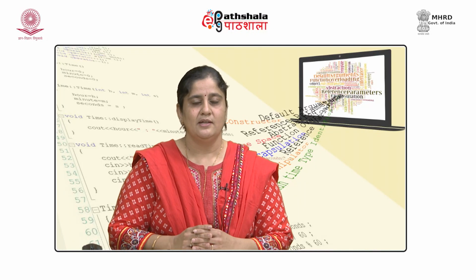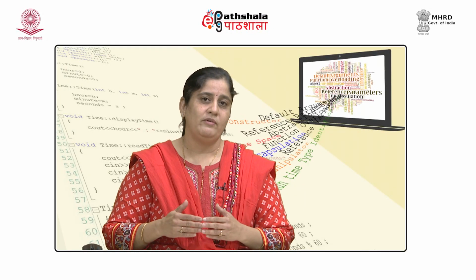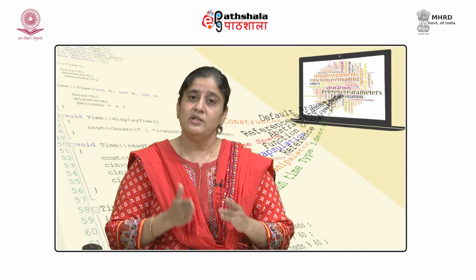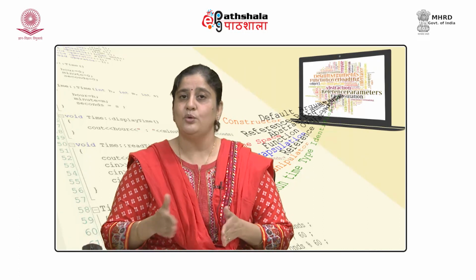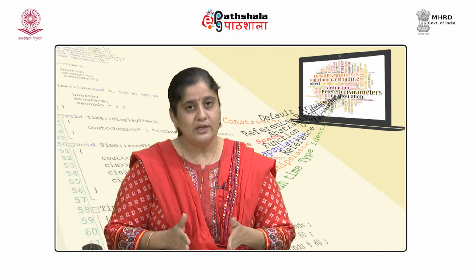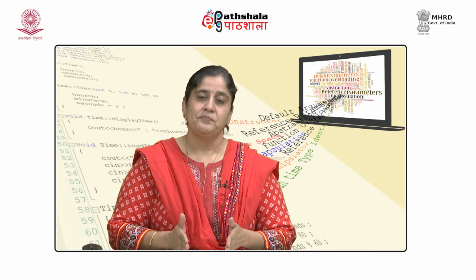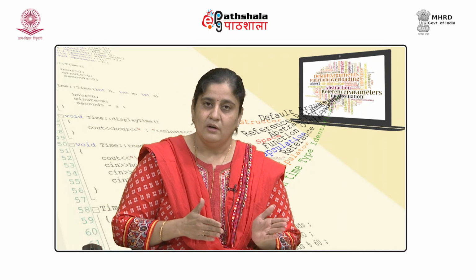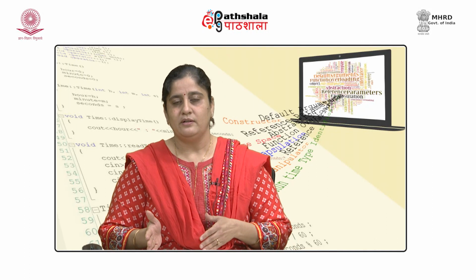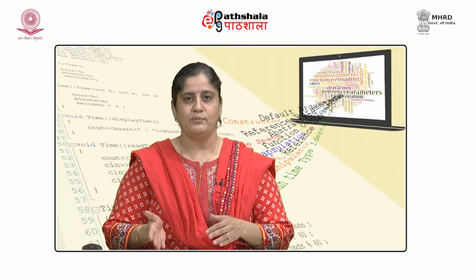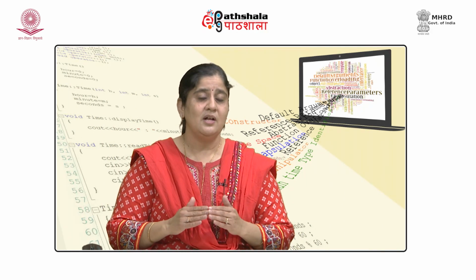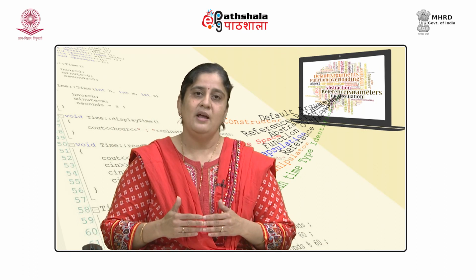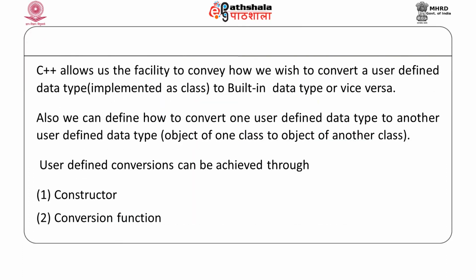But the good news is that we can modify our class to make this happen. What kind of a modification? The reason this is not working is that the compiler does not know how to do these conversions. So, we can modify our class in such a manner that we convey to the compiler how we want an object to get converted to an integer, or to a float value, or to an object of another class. Once we convey this, the compiler would know how these conversions are to be done, and then it would perform them.